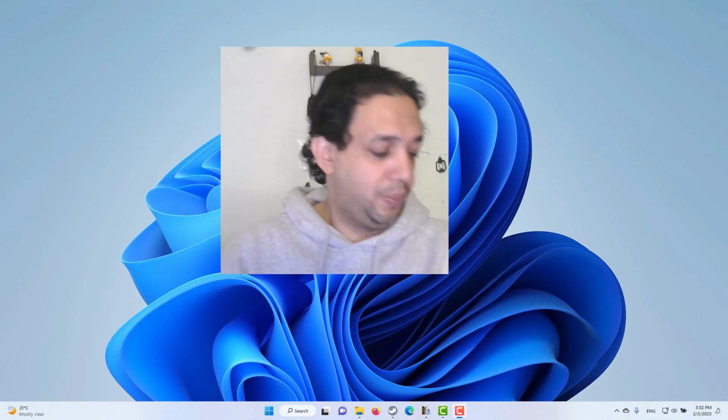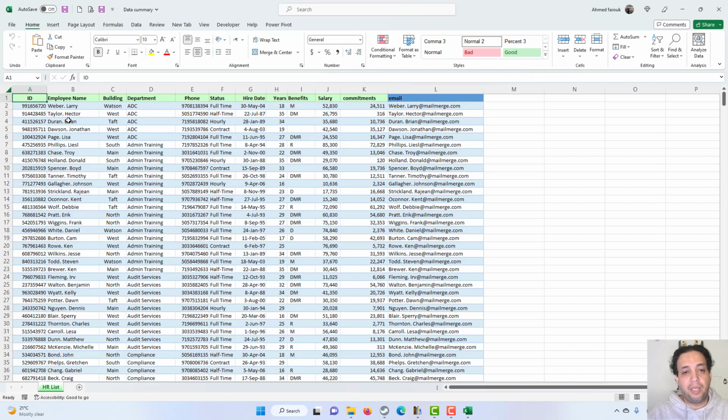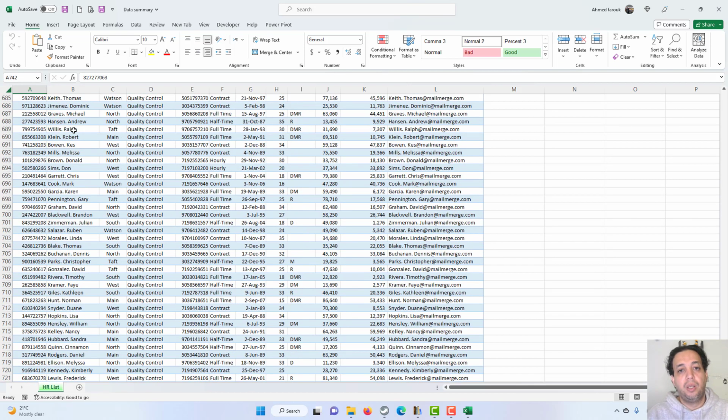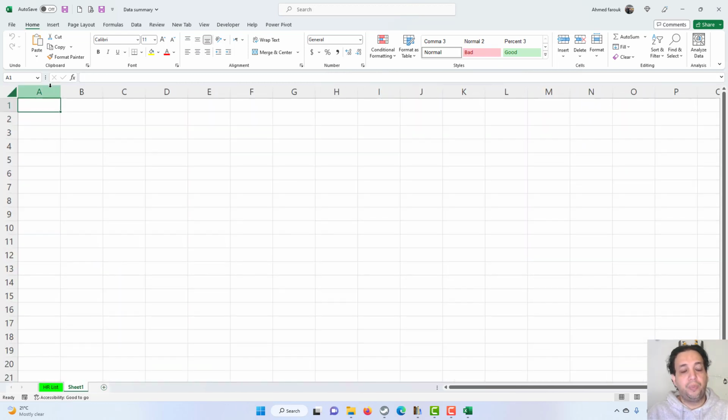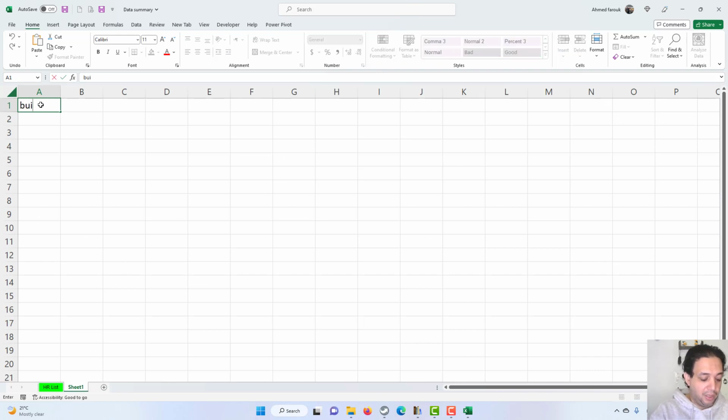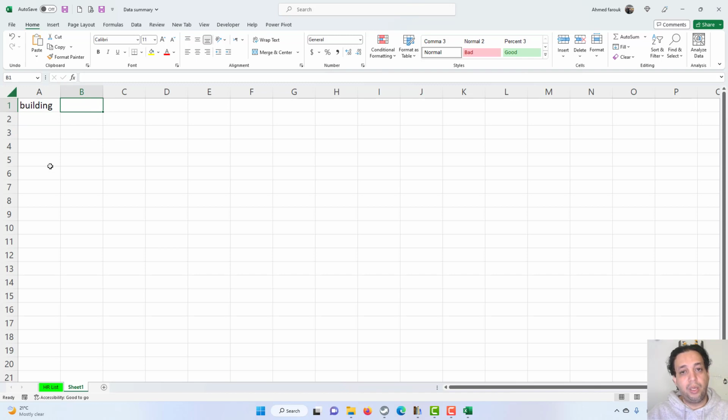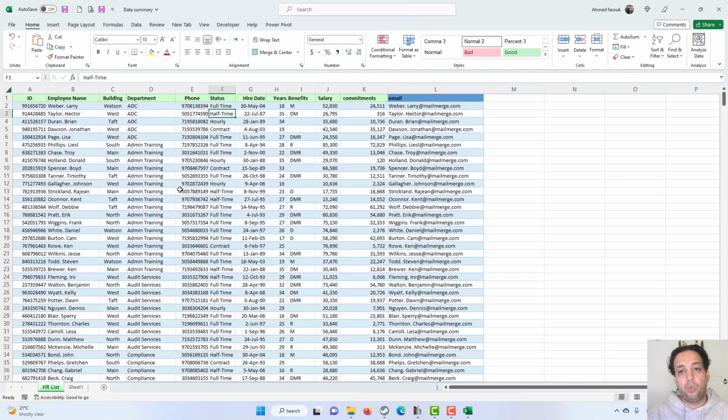So let's start. In this file we have 741 staff members. They are distributed in some buildings and other departments and work in different roles. Let's say in another sheet, I need to create a list of buildings. So once I select a building, data from the table will be generated based on the selected building. To help me work easily with the filter function between sheets, I'm going to convert this range into a